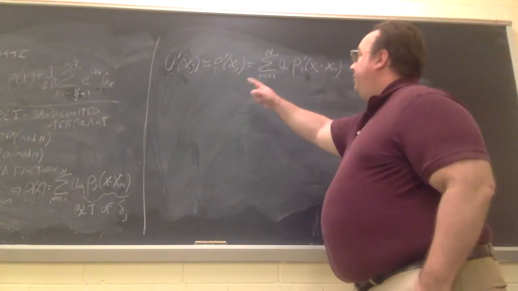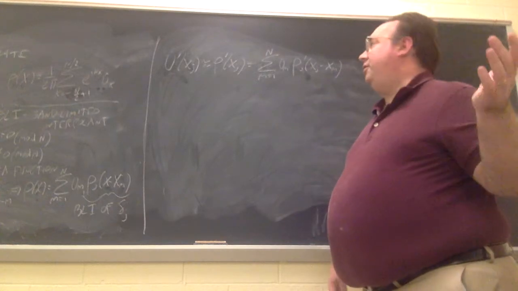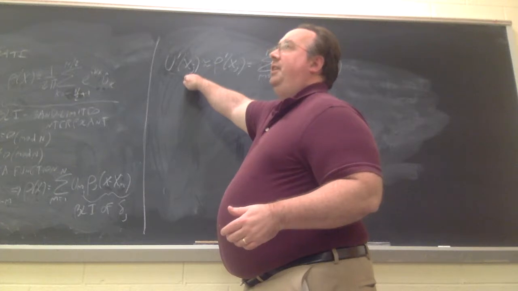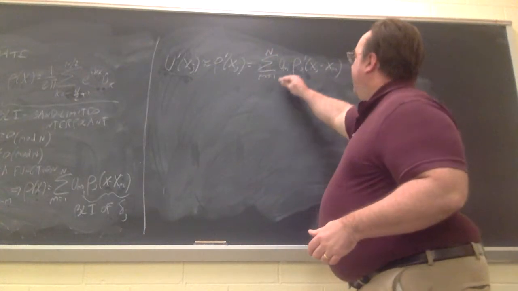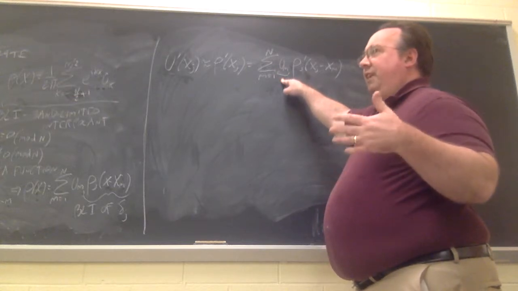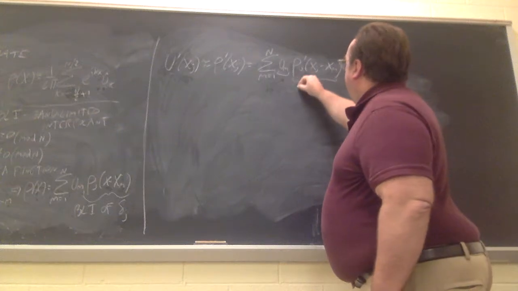Now, this is the form of the approximation I'm looking for. Because even in finite difference methods, we wanted a derivative at some grid point to be a linear combination of values of u at other grid points, or that grid point itself. So here we have the exact same thing. So these are the coefficients